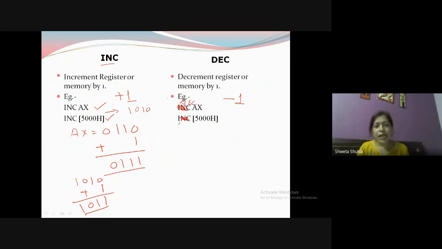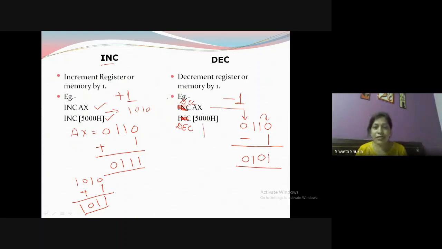Remember, decrement. So let us suppose again we are taking the value of AX is 0110. So first of all, for this example, in the AX register, we have to do the -1 here. So you know how to do the -1. Take a borrow from here, because 0 minus 1 cannot be done. So just take a borrow from here. This will become 10. That means 1 and 0, that is 2. 2 minus 1 is 1. Now this will become 0, again 1 and 0. So you get the answer for the DEC AX register.